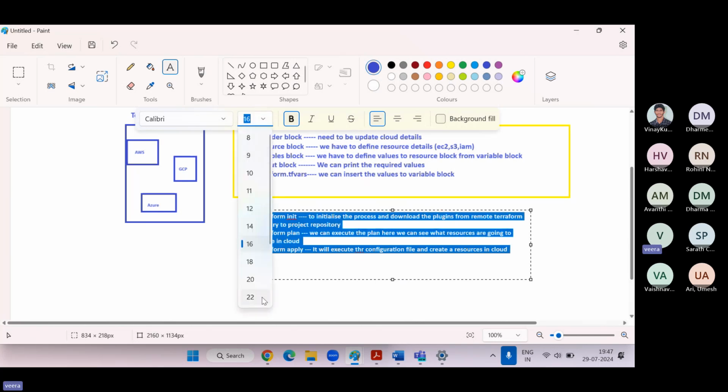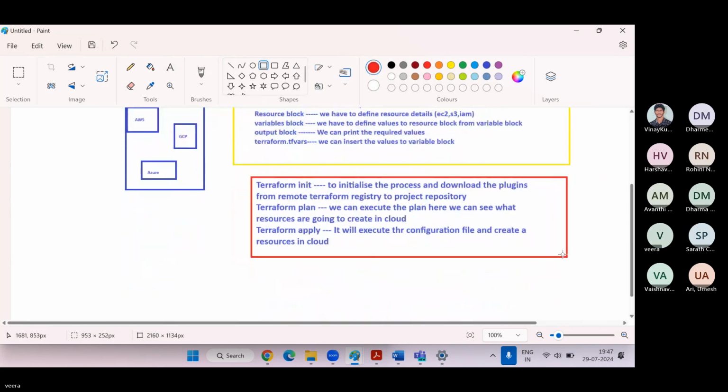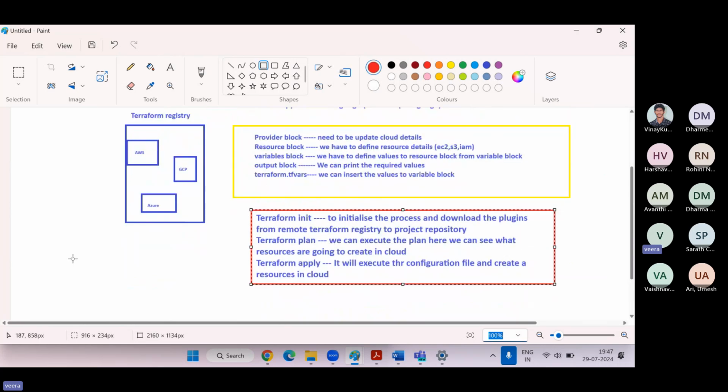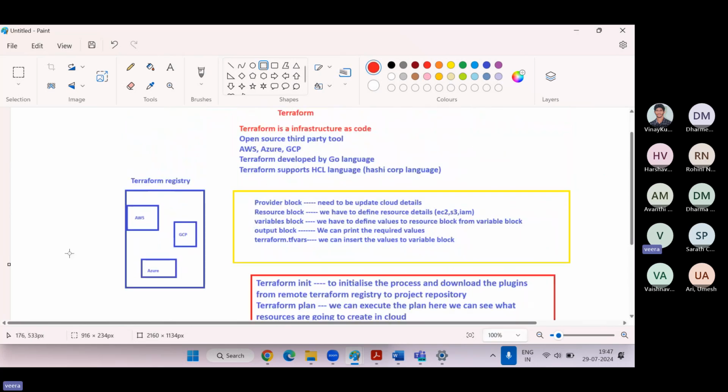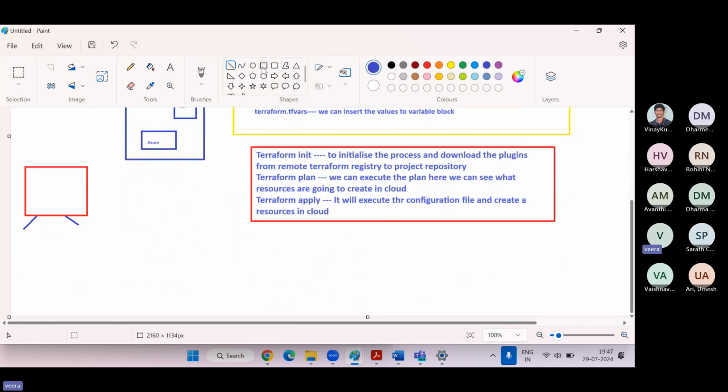Okay. The first one is Terraform init. Now, on your local laptop, you are writing code, infrastructure as code, to create infrastructure, which here is AWS infrastructure.